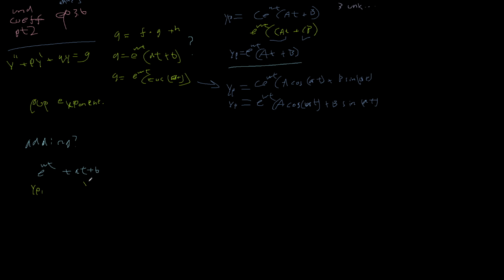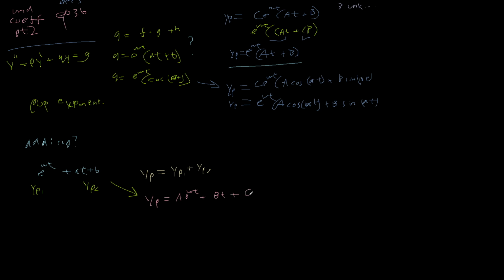So we have one particular solution, two particular solutions, and all we are saying is that a particular solution is going to be the sum of these two. So in this case, what does that look like? Well, that's just going to be yp is equal to a plus bt